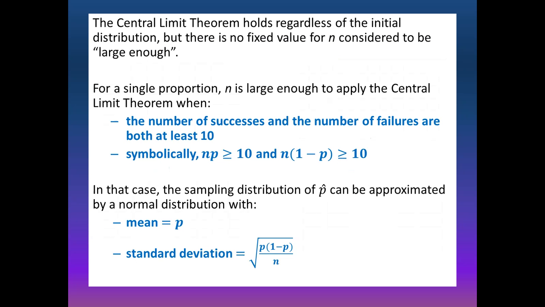So a natural question would be, what does large enough mean? Well, there isn't a fixed value for that, at least not with a proportion. For a single proportion, the sample size is large enough to apply the central limit theorem and say that the sampling distribution is approximately normal when the number of successes and the number of failures are both at least 10. Symbolically, that would mean that n times p and n times (1 minus p) both need to be at least 10. When the sample size is large enough, the sampling distribution of p hat can be approximated by a normal distribution with a mean of p and a standard deviation of the square root of p times (1 minus p)